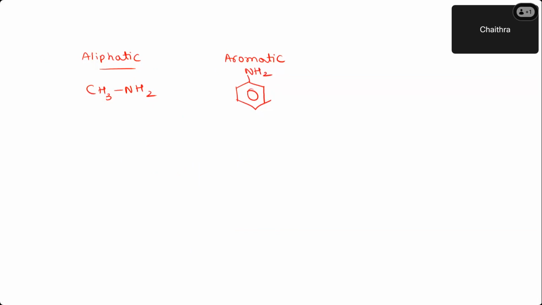So already you spoke about the hybridization. If I take ammonia, what is the hybridization of nitrogen? sp3, bond angle is 107 degree. All this you have studied in the chemical bonding chapter. So similarly, amines also show sp3 hybridization. Okay. So let us directly start with the preparation method.